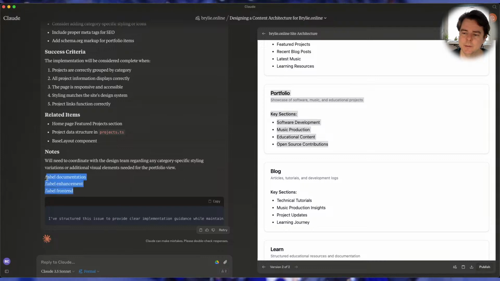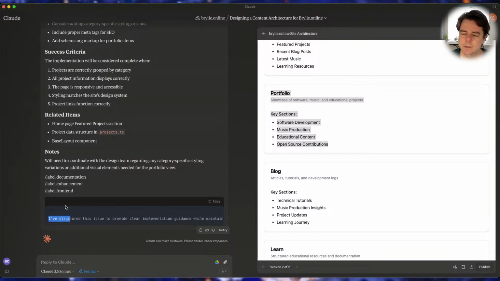And it sort of has some suggestions for the label. Cool. And then it sort of broke out of the markdown almost, but not quite. Let's just add